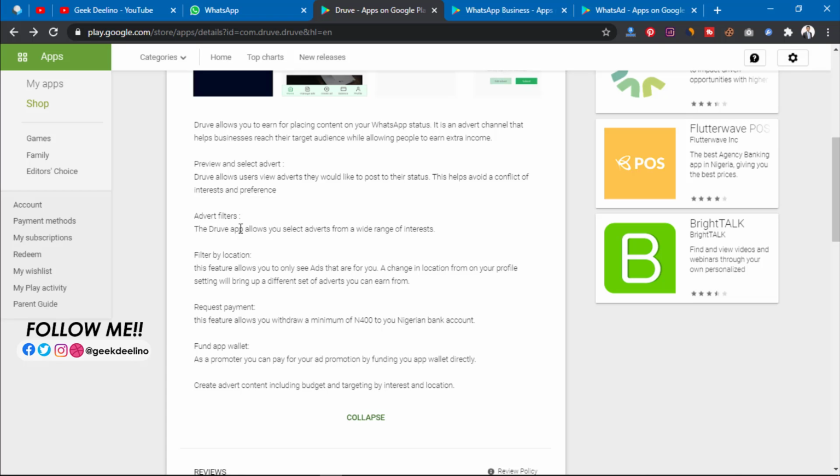Boom, it's lovely. Yeah, what am I doing in WhatsApp daily without knowing if I'm making money? So I think this is good. It's a good idea. Fund app wallet. As a promoter, you can pay for your ad promotion by funding your wallet, or you can fund your wallet just for you to advertise, place adverts on